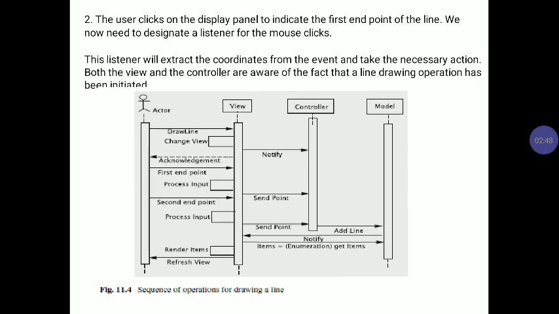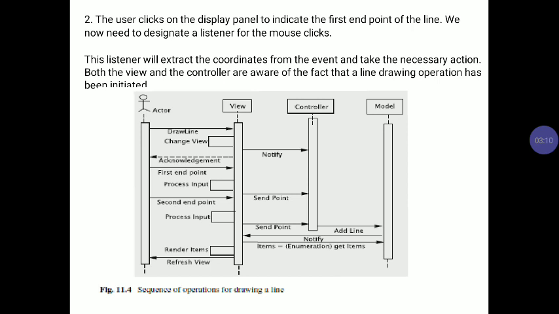The first actor is going to draw a line, so they give a request through the view component. The view handles the user interface, so the actor gives the request to draw a line to the view component. After that, the view changes the view.